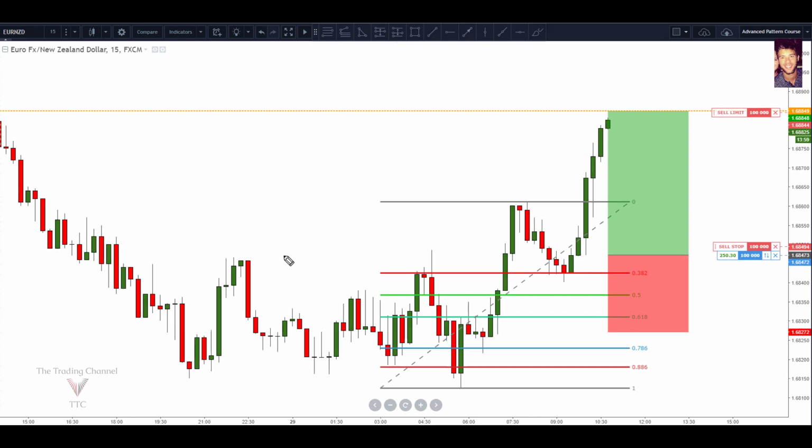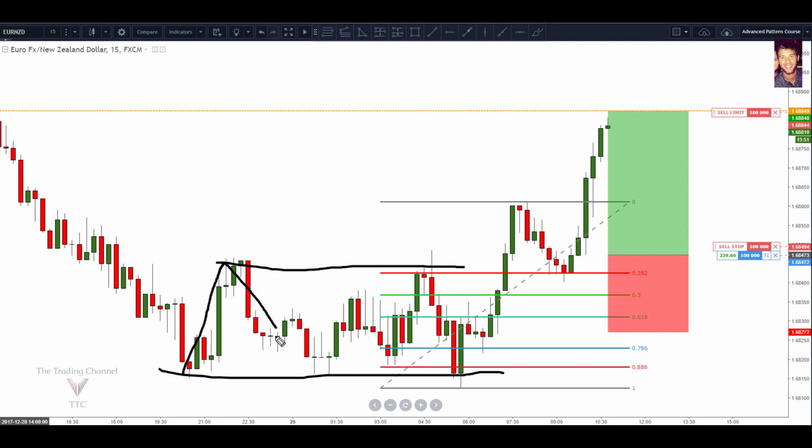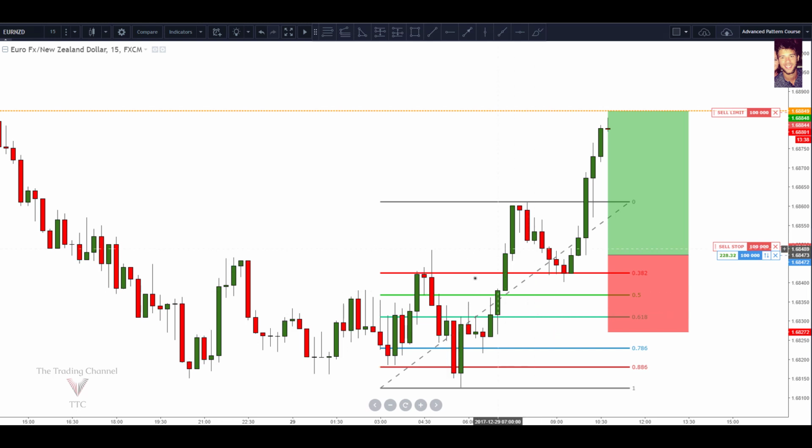such a powerful trade. One of the reasons is because we had this period of consolidation back here. So this was a major factor in placing this trade. The fact that the market consolidated here meant that we had a lot of indecision in this area. And then the market made a decision. It made a decision by breaking above these previous highs we had in consolidation. Once we made that decision, once we broke above those highs,